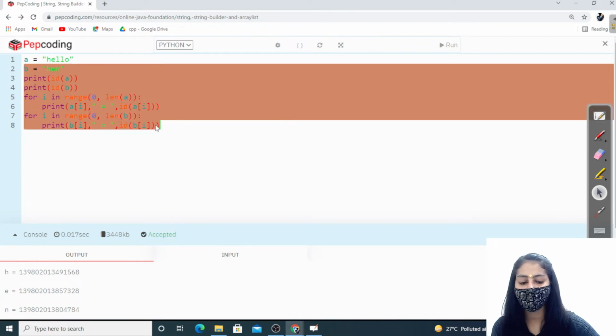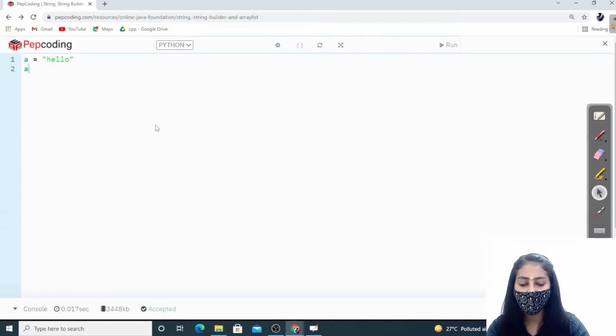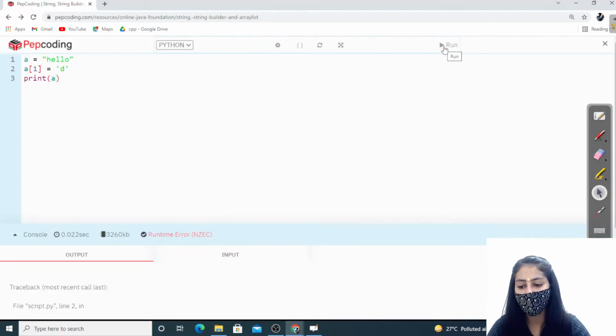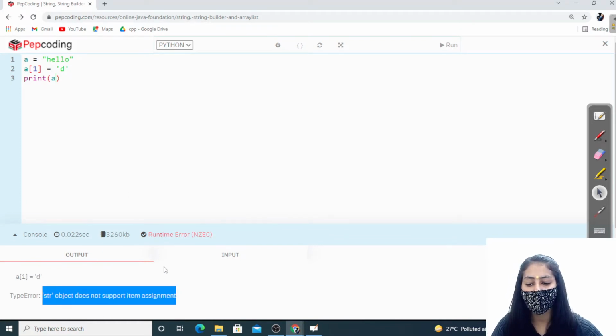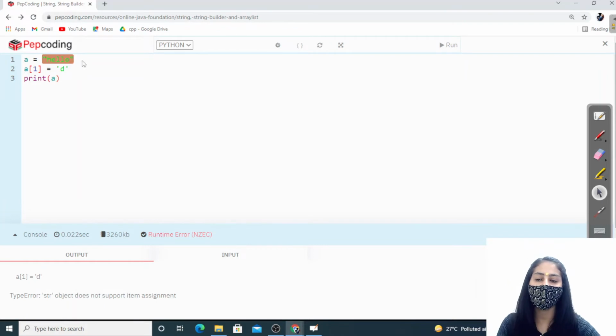So let me check this. I want the character at index 1 of the string to change to D, and I want to print that string. Is this possible? No, it gives me an error that the string object does not support item assignment, because the instance is immutable. Once I initialize this string, I can't modify or update the characters.